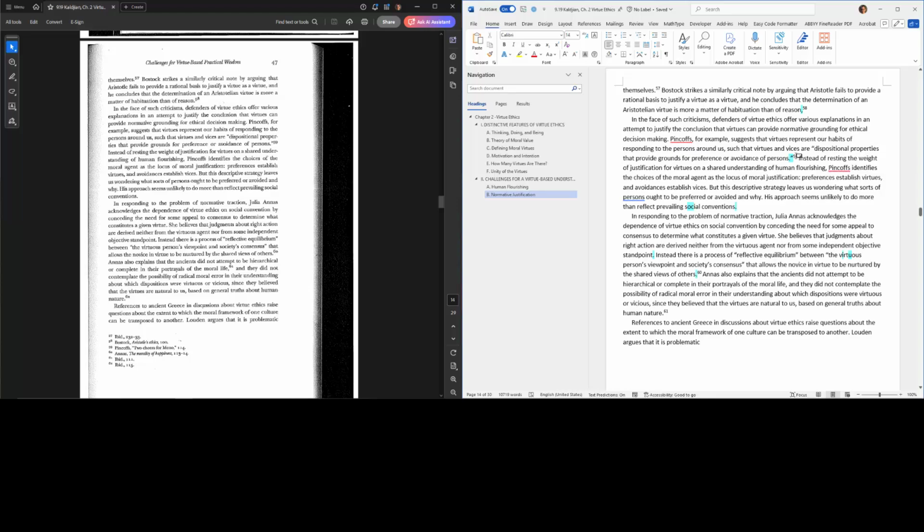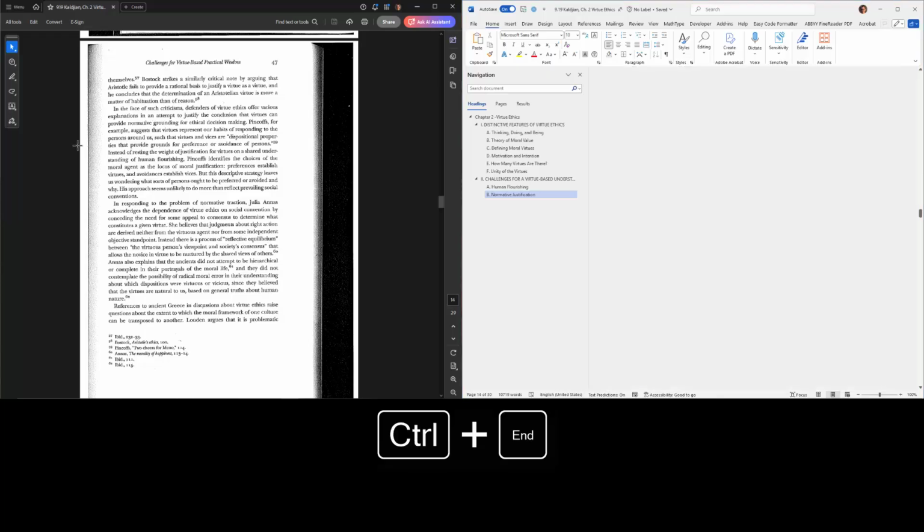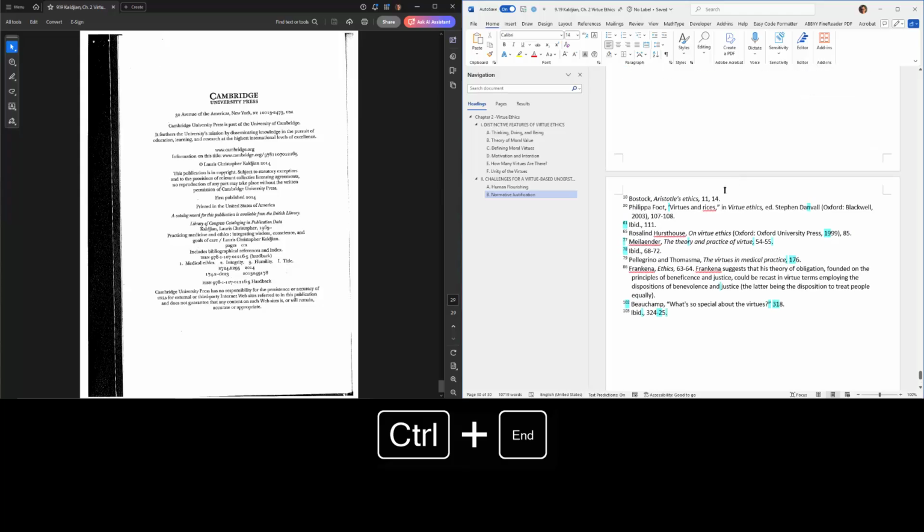So 57, 58, 59, 60, 61. Yeah, life is the one that didn't come through. Moral life, Control Alt F. And it's probably going to be at the end of the document, the text is. So Control End. And 61, yep.